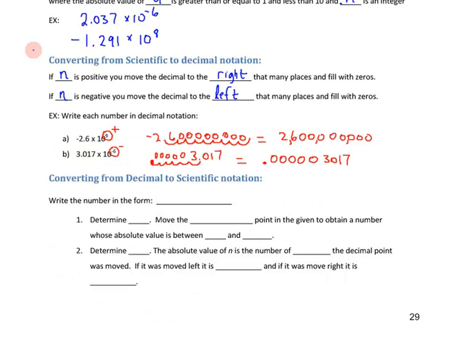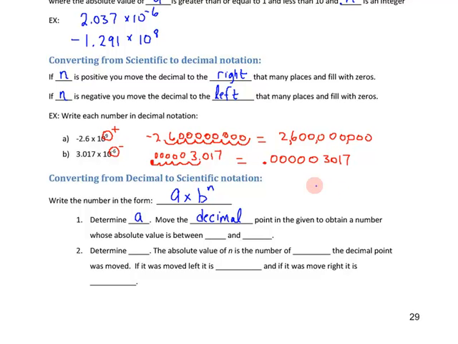Of course, if we can convert from scientific to decimal notation, we should be able to go back the other way. So if I have a large number or a very small, tiny number close to 0, I should be able to write it in scientific notation. In fact, I can do it with any number, whether it's large, small, or even medium to normal number, right? If you want to write the number in a times 10 to the n, first thing you do is you determine a. You move the decimal point